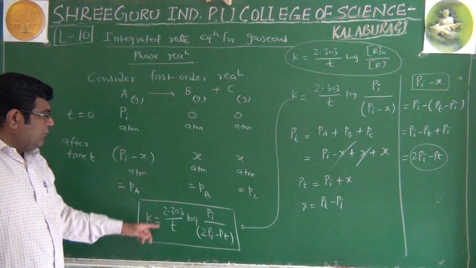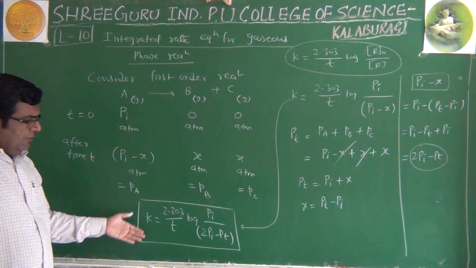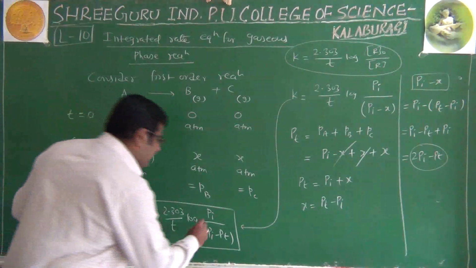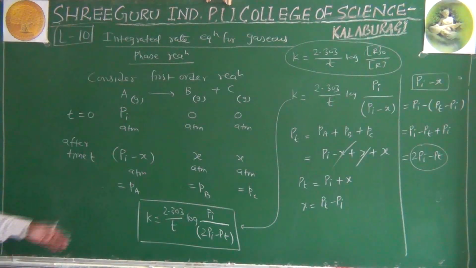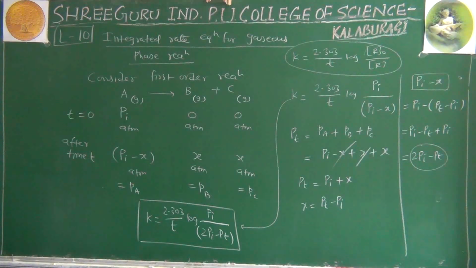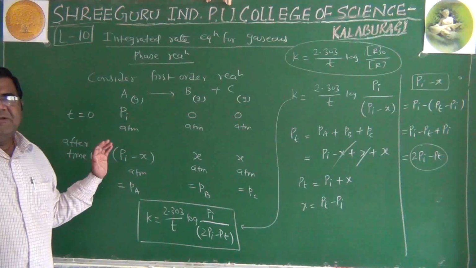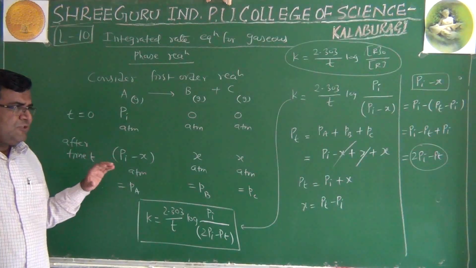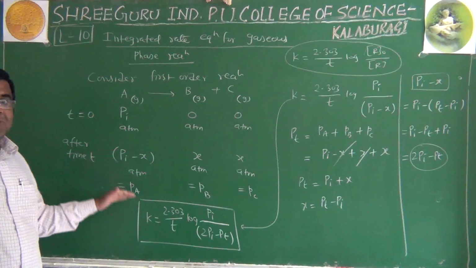This is only applicable to this particular equation. That we have to remember. We cannot apply this equation to all reactions. When we solve numerical questions, we will solve numerical questions based on this also, so it will be more clear. We have to solve enough questions of integrated rate law because that is the most important part in chemical kinetics. We are just deriving these equations now one by one.